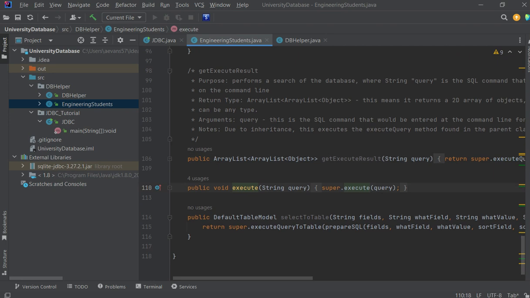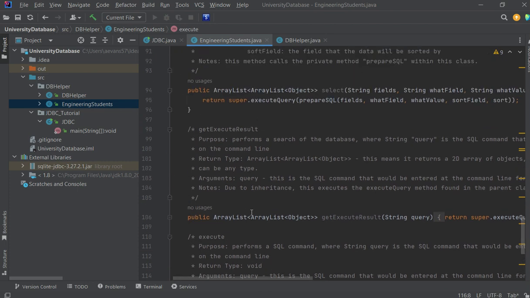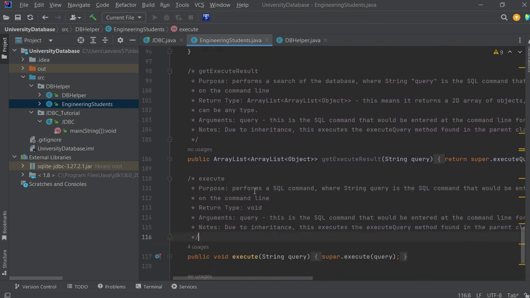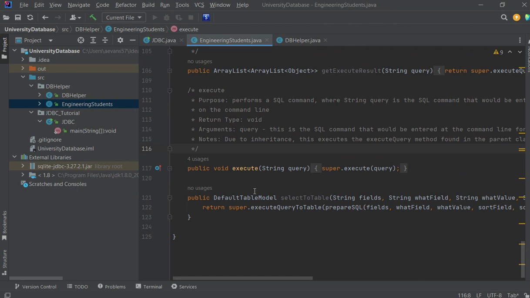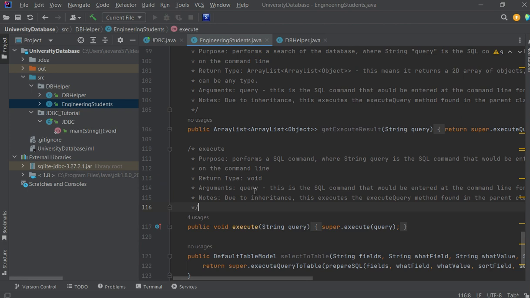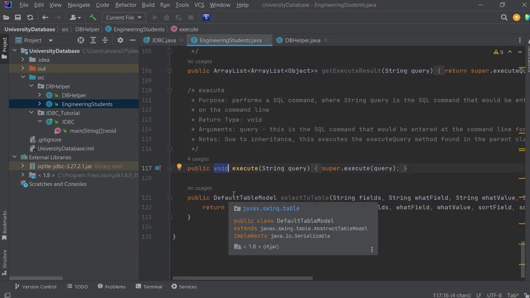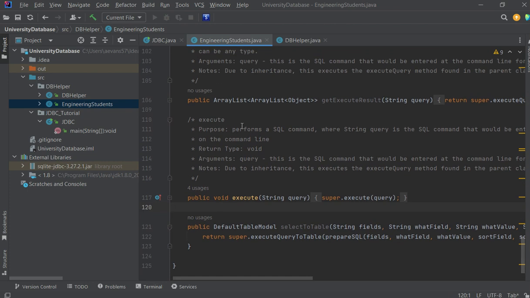The next method we have is execute. This one does the same thing as the one before, but what's the difference? Take a look at get execute result and execute, and try to take a second and figure out what's the difference. They both have the same purpose, but there's one difference between them. This one returns a 2D table. This one returns nothing. So you might use the first if you're doing a command, such as some sort of